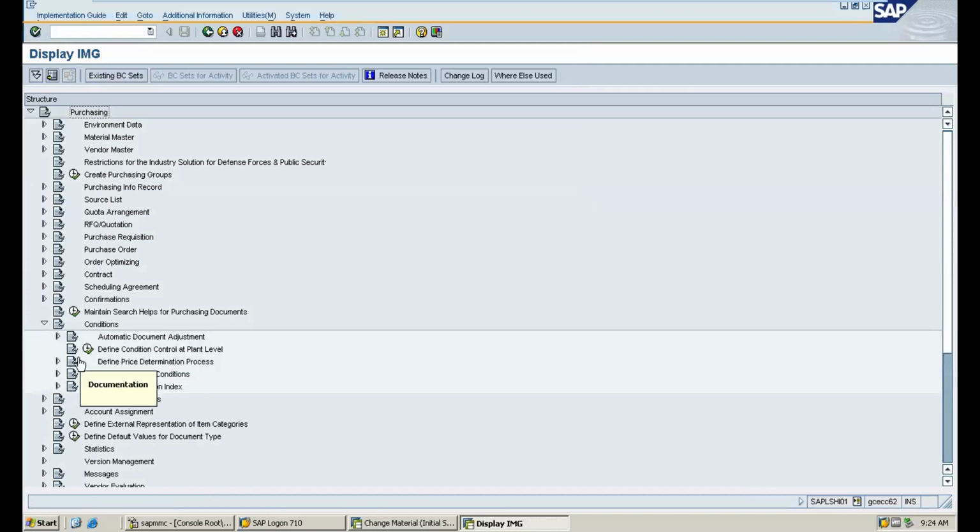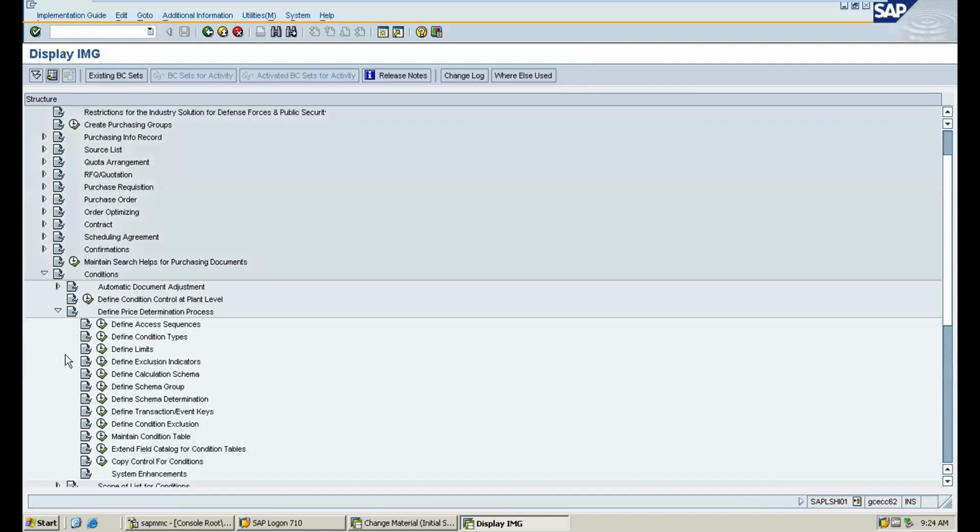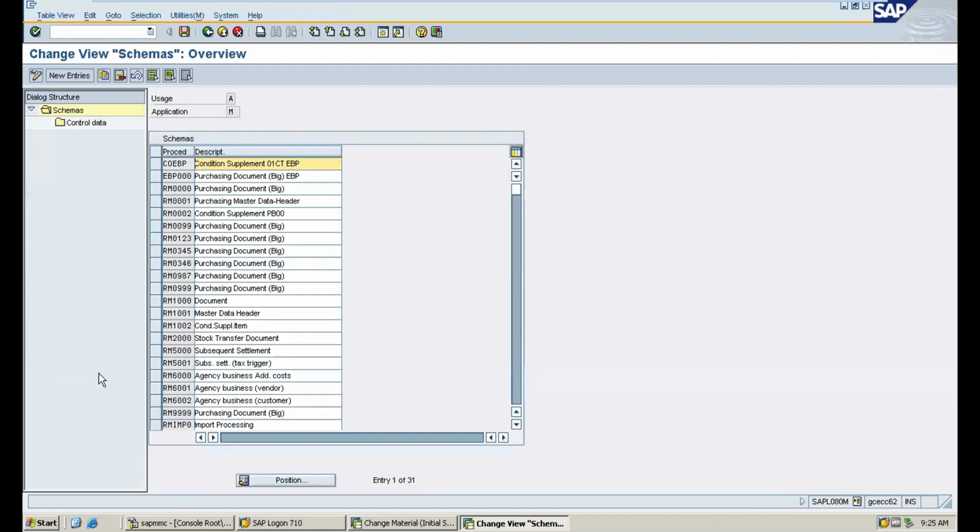Here you can see define pricing determination process, and go to define calculation schema. As I'm using the standard calculation schema, I will check all the condition types in the standard calculation schema. And if you are using a different calculation schema, try to see whether you have the condition types available or not.